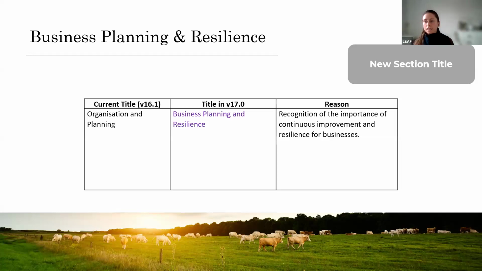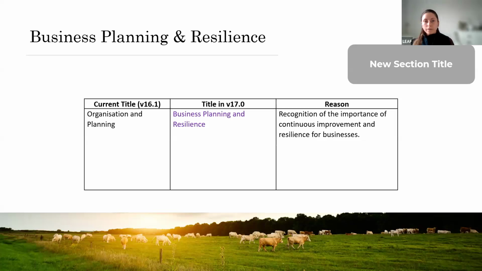And the reason for this is to better align with what really the core purpose of this section is, to support with planning, so thinking about what are the overarching sustainability aims of the business and how do they align with the commercial aims of the business, and also to pull in that resilience element.